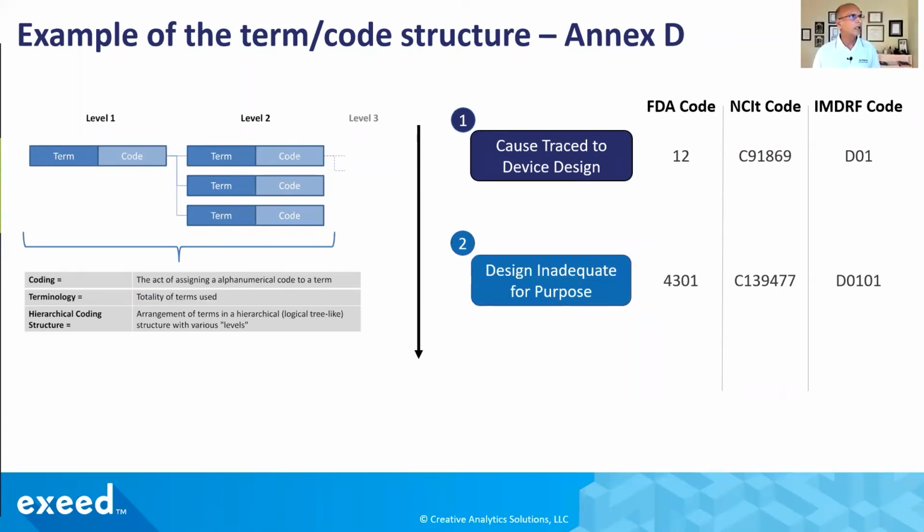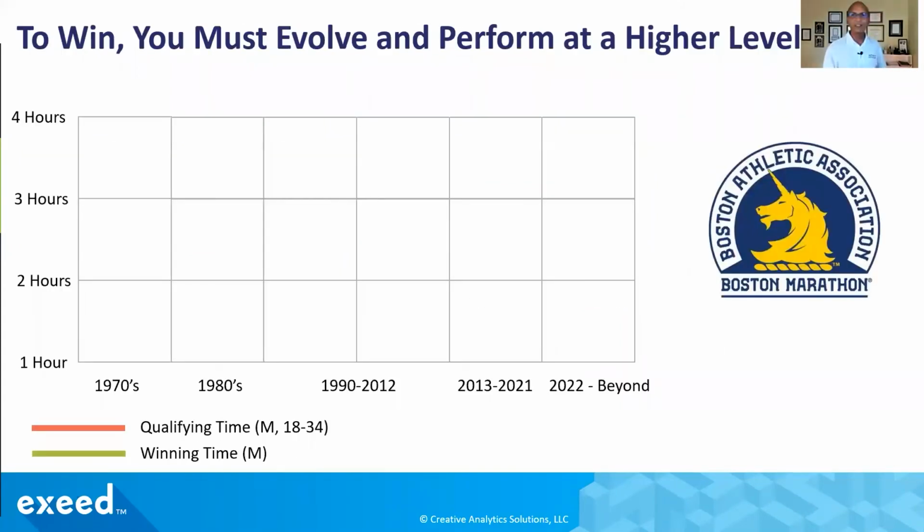So guys, the last slide I will show you is just a kind of perspective slide. And I'm a runner, so I'll give you a running analogy, right? Boston Marathon just happened. Again, great race. If you look at the qualifying times for Boston Marathon over the last, let's say 30, 40, 50 years, they have improved, right? You could get into Boston even if you ran like a 4-hour marathon. You couldn't do that today because the qualifying times are around 3 hours.